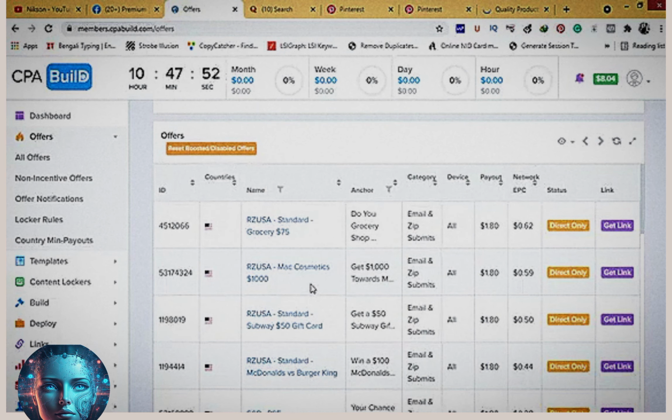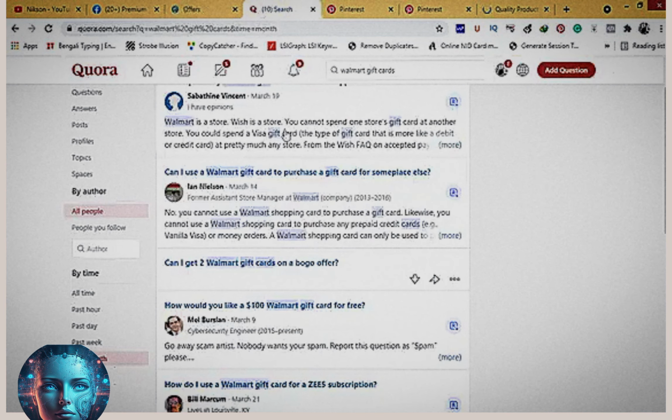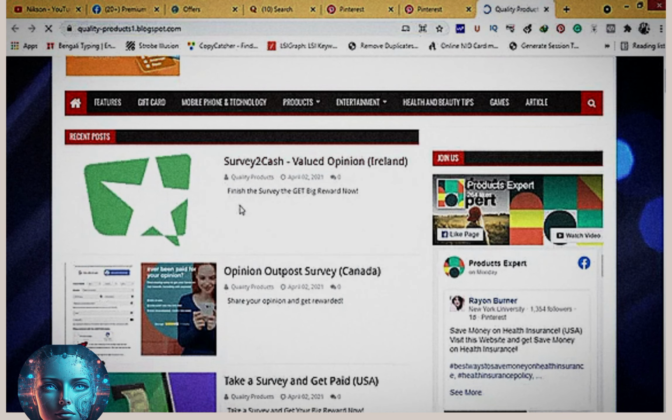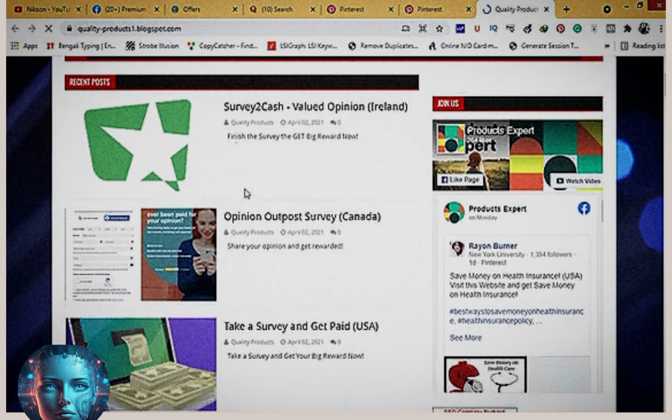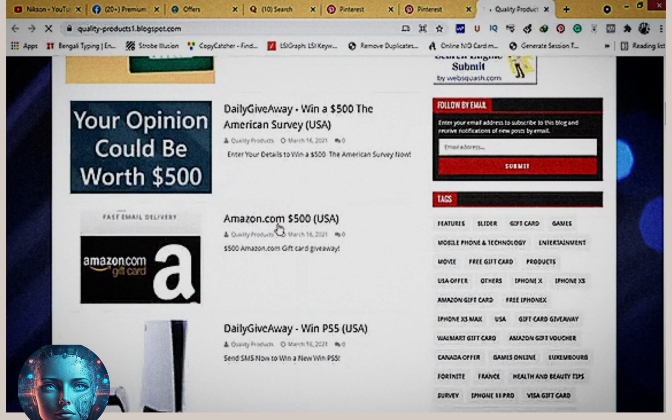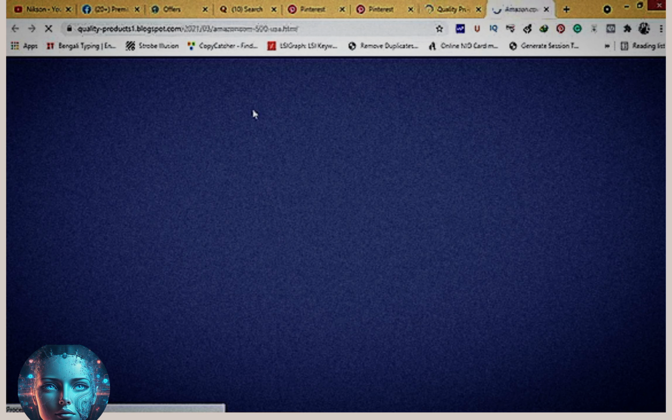So you can go with WordPress, or if you don't know how to create a WordPress website, or you don't have any money to purchase a domain or hosting, you can go with Blogspot for free. So here you can see in Blogspot you can create a website like this one. It's more like a WordPress website, but here they just post all survey offers or gift card giveaway offers, and you can promote this website